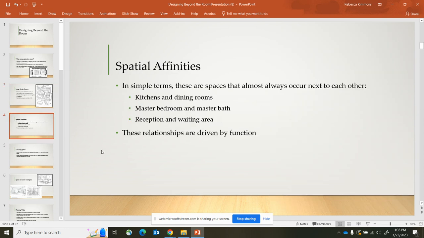Something to keep in mind as you get beyond the room is spatial affinities. Simply put, these are spaces that almost always occur next to each other: kitchens and dining rooms, master bedrooms and master bathrooms, receptions and waiting areas. Typically, these are driven by function. What does something need next to it to work well? Your dining room functions best next to the kitchen,